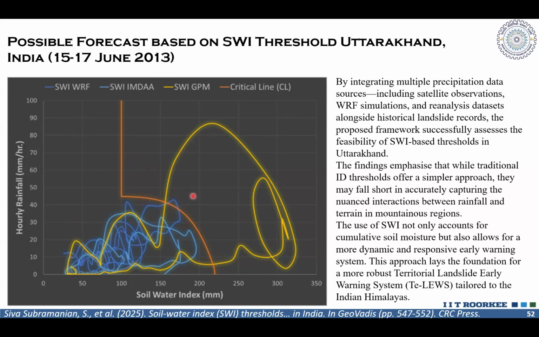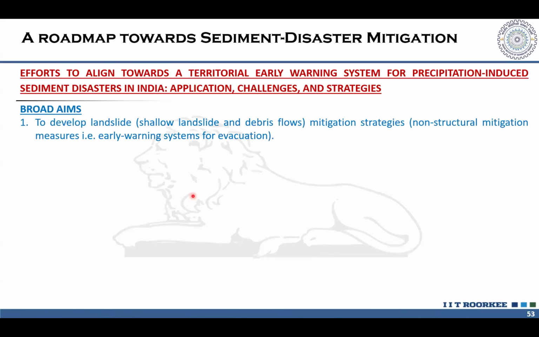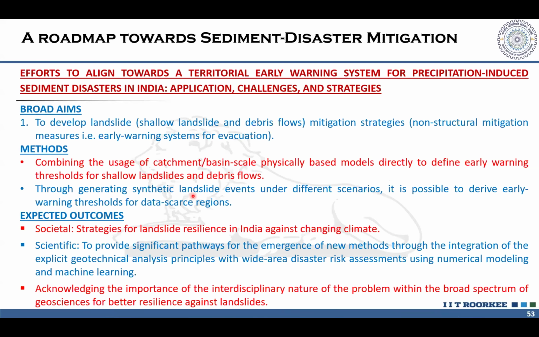So we tried to understand the mechanism of debris slides in Uttarakhand, and we tried to expand it over the scale in order to give the National Landslide Forecasting Center in India or any other agencies, if they require, these thresholds to be developed. Now we have a method that accounts for process understanding of hydrology as well as geotechnics from the laboratory, and it is expanded to the scale of the catchment and is applicable over a larger region as well.